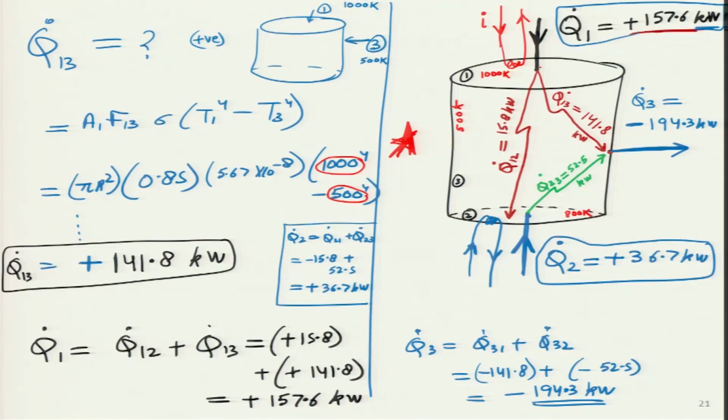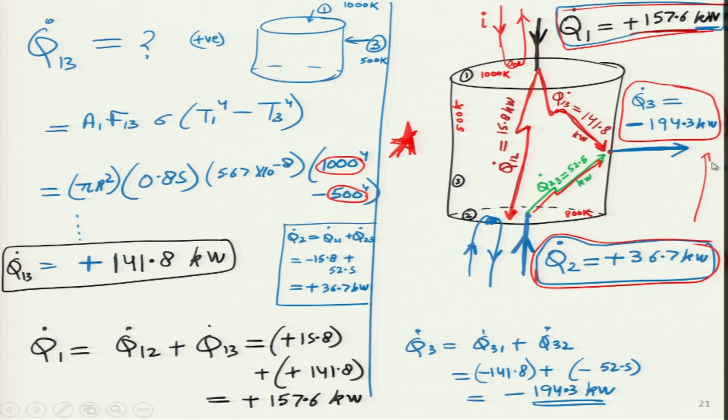If you go back to the slide over here, this is the direction of heat flow which is shown over here, from the top to bottom in red, top to side over here, and from the bottom to the side as well. So, all directions, everything is clear. Then these big numbers over here, I am highlighting with a red border. This clearly shows that all these numbers together add up.